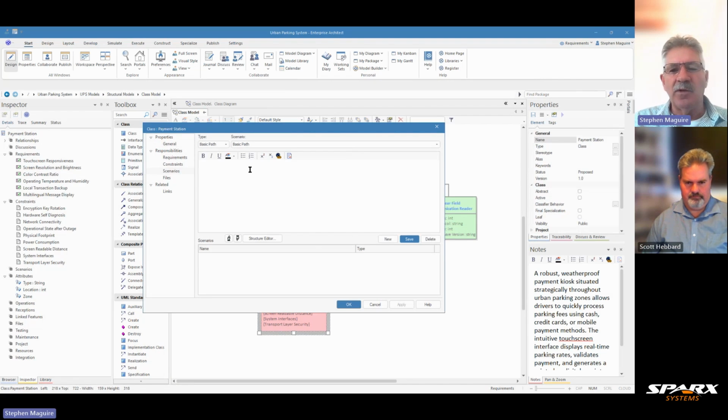So let's do it in this location, and there's a third window where we can do this as well. So let's choose a basic path, and we'll call this the basic path. We'll put a dash there, and we'll give it a name and say user pays,